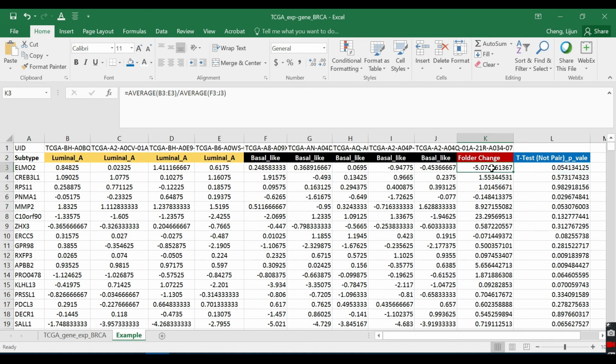Fold change will tell you which one is larger than the others and how many times larger or smaller. Such as here, Luminal A is smaller than basal-like by at least 5 times. So whether it is significant or not, you can look at